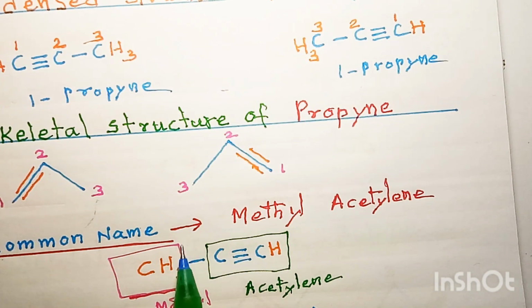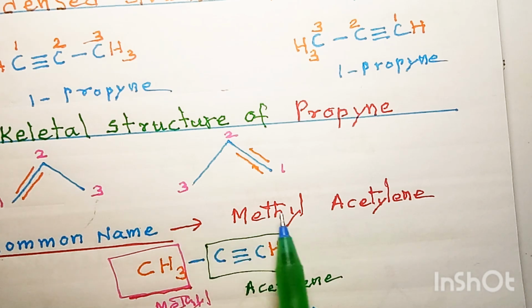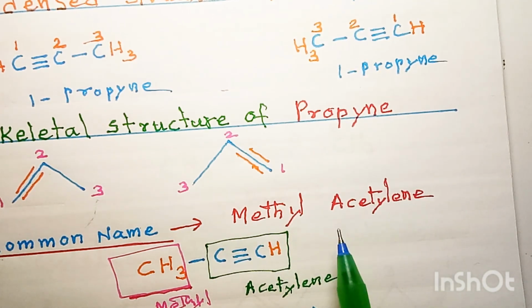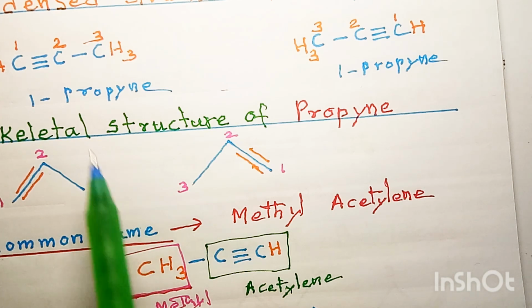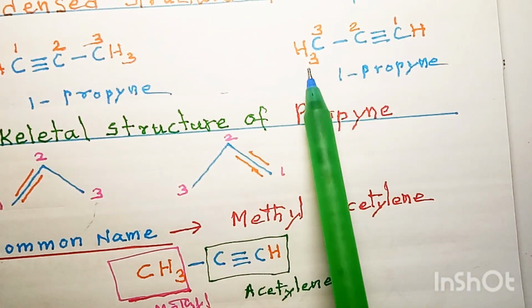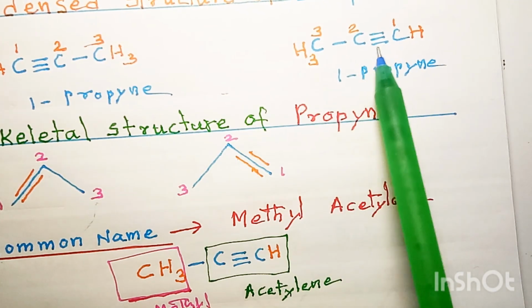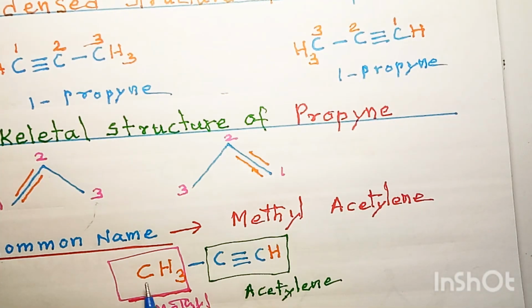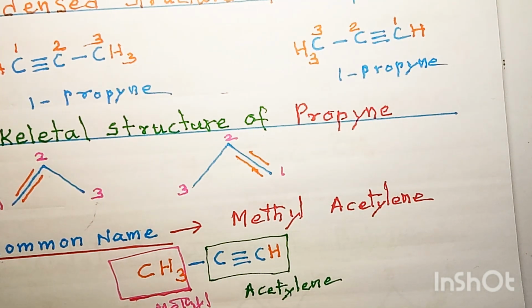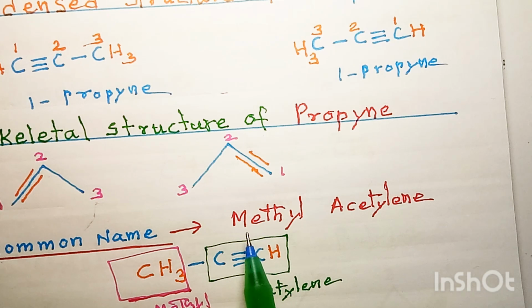Now the common name of 1-propyne is methyl acetylene, because we have written it in condensed form CH3 C triple bond CH. Similarly, we can write CH3 single bond C triple bond CH. This CH3 is the methyl group. This is acetylene. So this is called methyl acetylene. This is the common name of